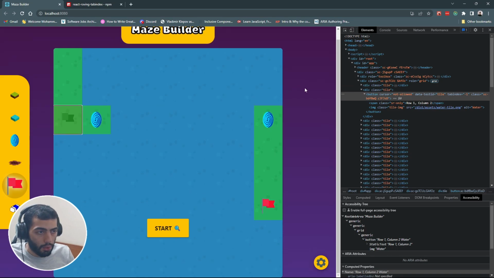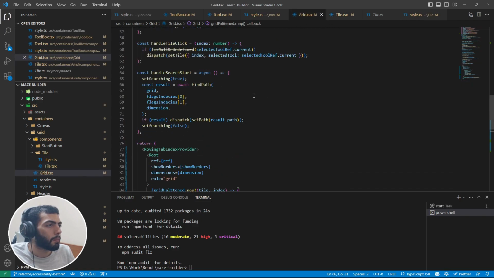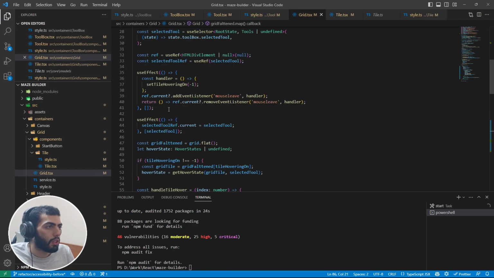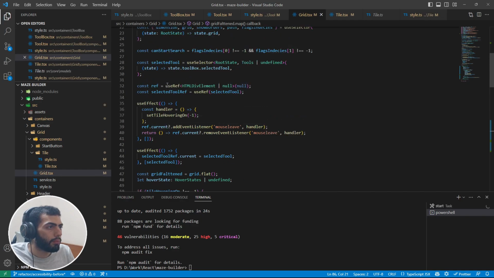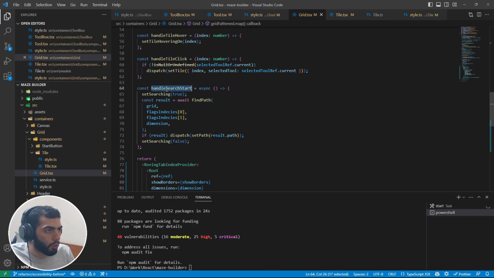The last thing we need to tackle is when we start the maze and the path is found, we need a way to announce that to the user. So how can we do that? Let's go back to the grid Tile.tsx. Speech mode off. Switch it off. Here, let's just see when you click the button,